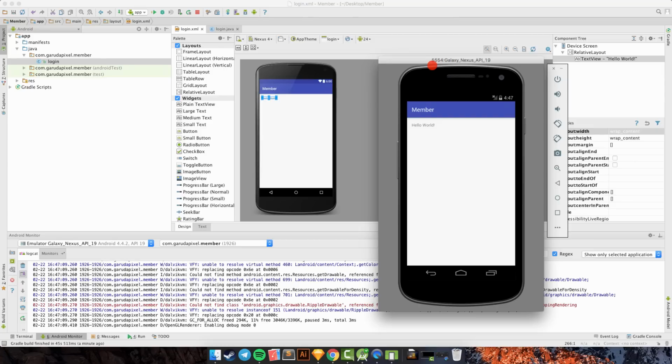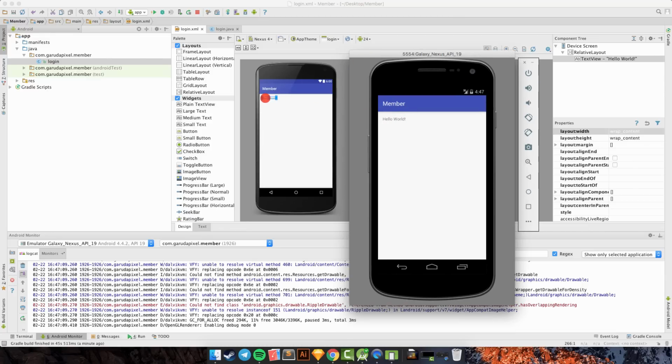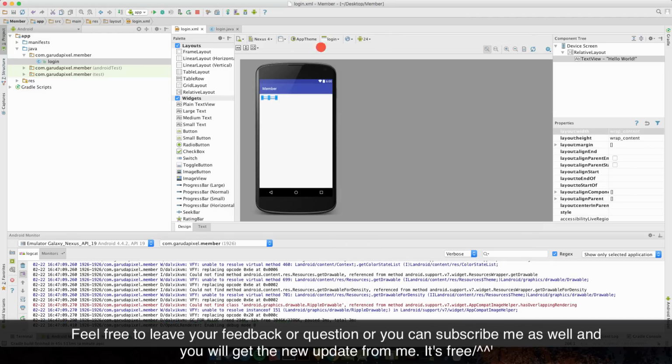Okay, so this is a preview from my AVD Android virtual device, and you can see this is hello world, like we did on the left side, and we got the result on the right side. You can see.